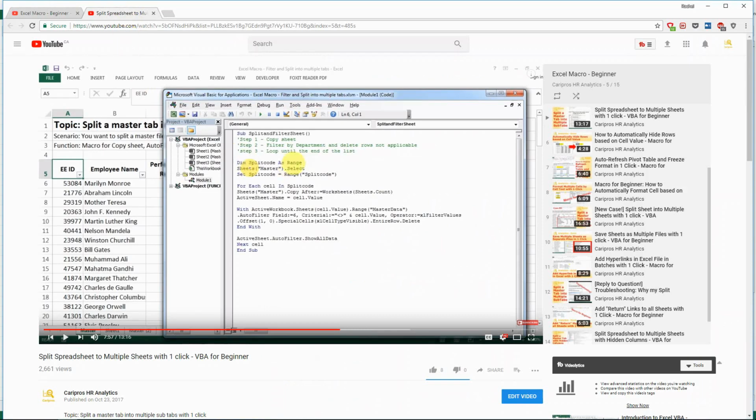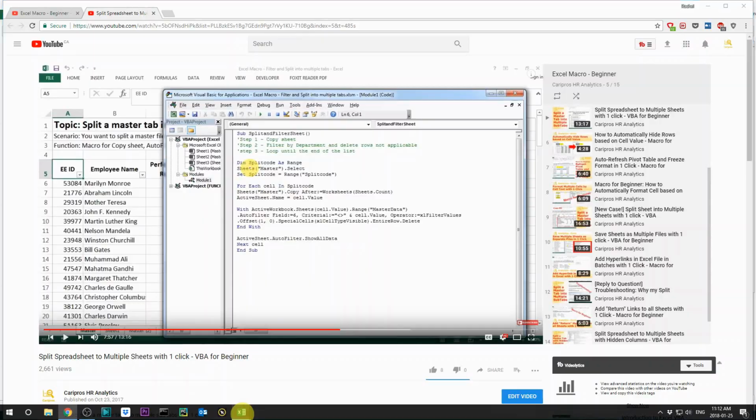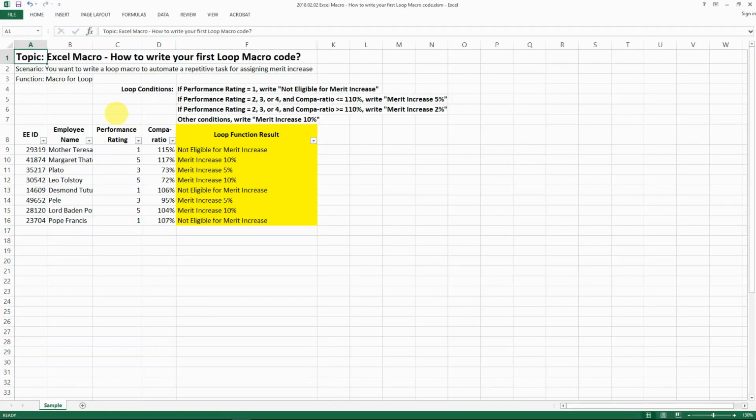For example, in one of the cases where I'm sharing how to split a spreadsheet into multiple spreadsheets, you can see that I'm already applying a loop function, where you have the For and the Next. So that is a loop function. This is a skill that I think is very important to learn. So today I'm going to construct a simple loop function with you, and I'm going to write the code with you step by step,